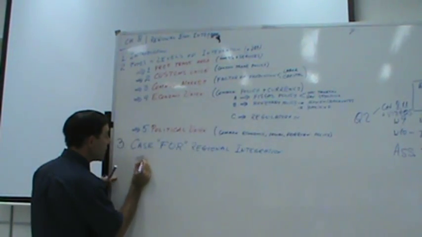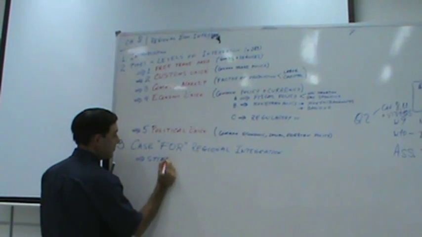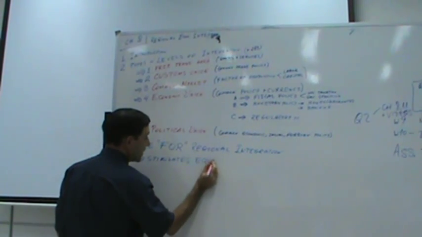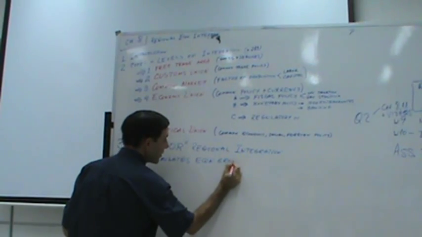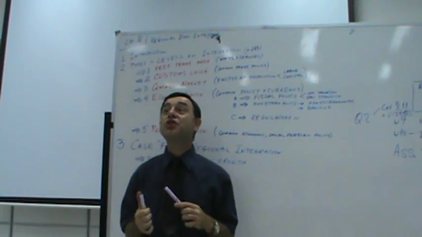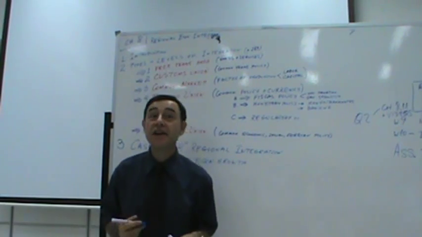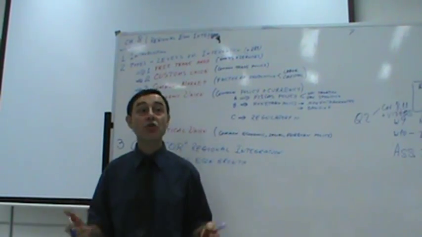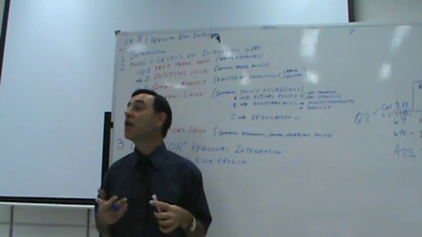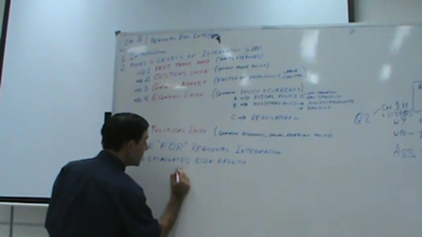So, number 1 is good for growth. Stimulates economic growth. So the answer is a top priority of politicians is overall economic growth and prosperity, and that's one of the better ways to achieve it, economic growth, and from there